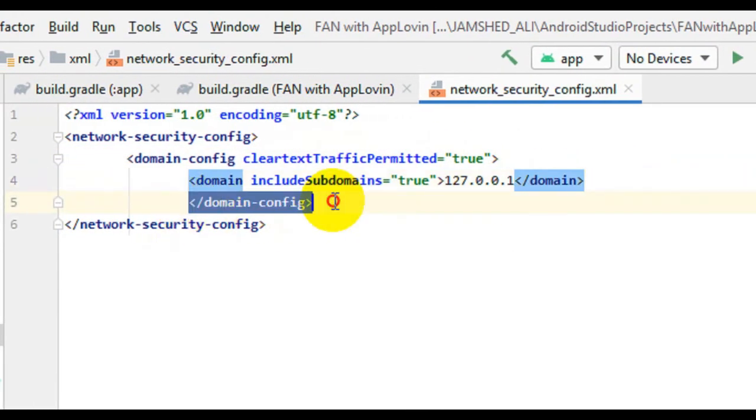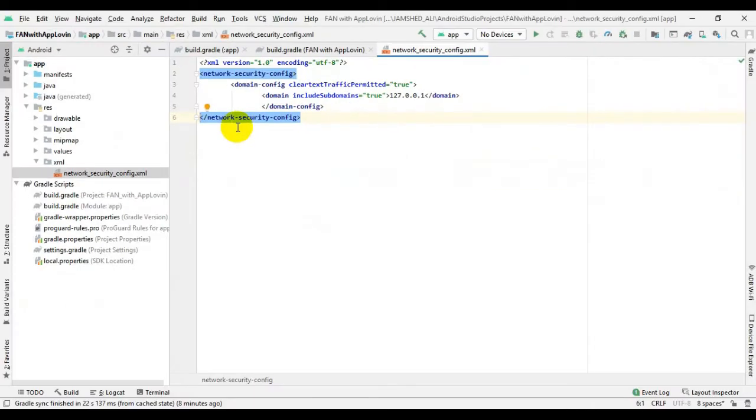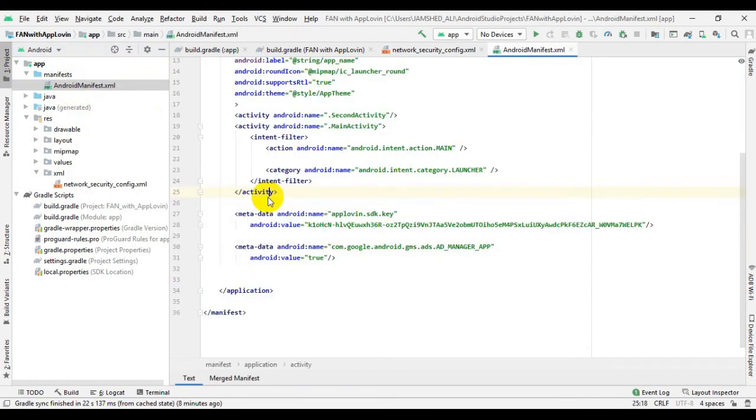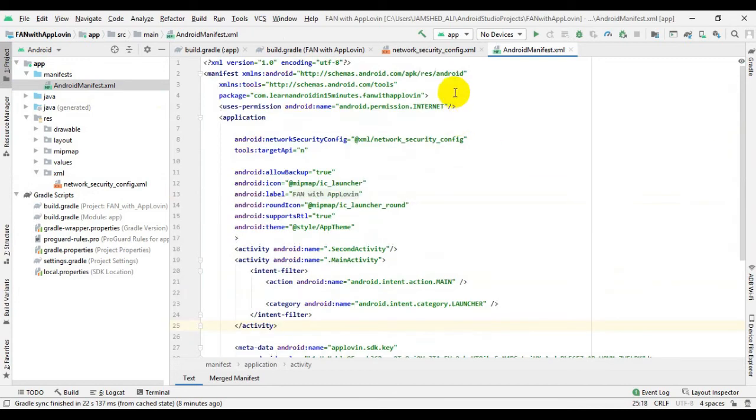Now paste this code inside it and remove existing code. Now open AndroidManifest.xml and paste this, and give internet permissions and paste this code.